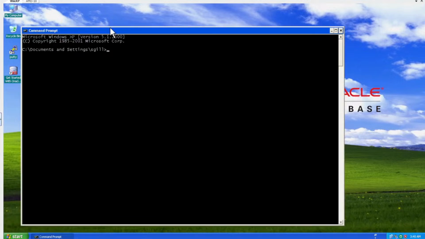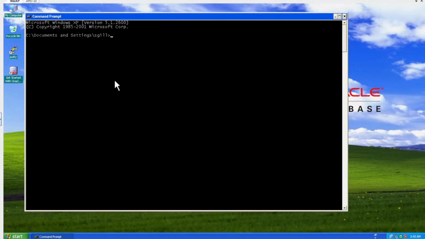Whatever we are going to do, we will have to get into the database first, and this is especially for Express Edition. We will go with the Enterprise edition later on, and there are a couple of extra steps needed, especially we have to set up some environment. That will be a different story, but for now we will use the basic commands to